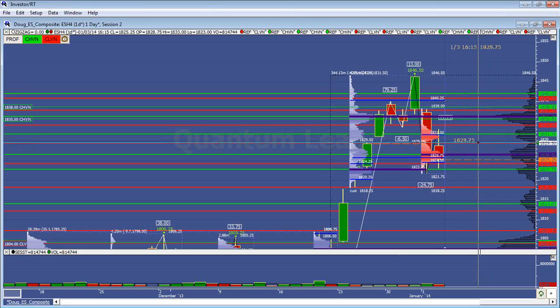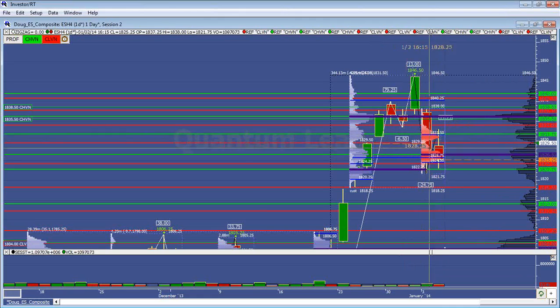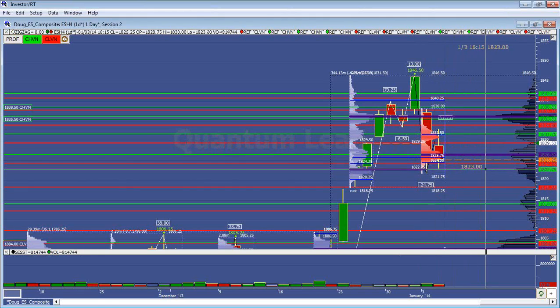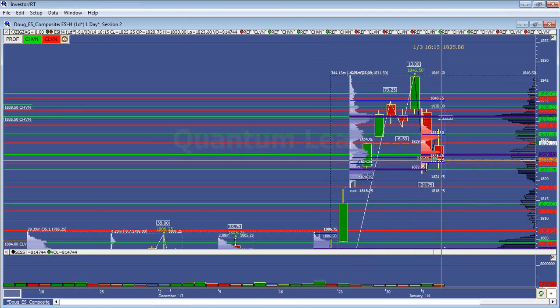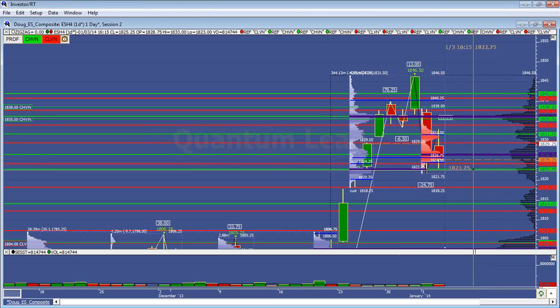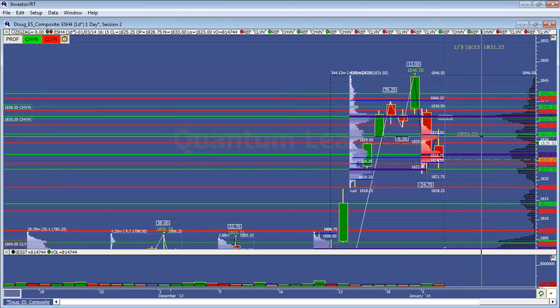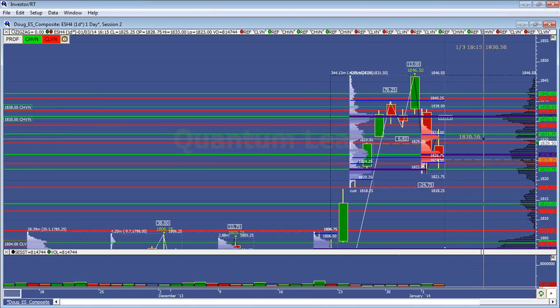And then the other two areas that you've got to factor in are this 1831.75 CHVN, which is one tick above the 2-day microcomposite value area high, and this 1822.75, which is the first level that we accepted value before moving higher. So those are the four key areas, with the upward side being this 42 CHVN. These are the four key numbers that I think you're going to see us play off of for the next few days: